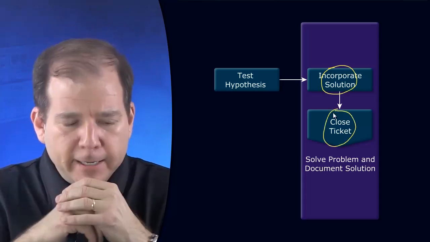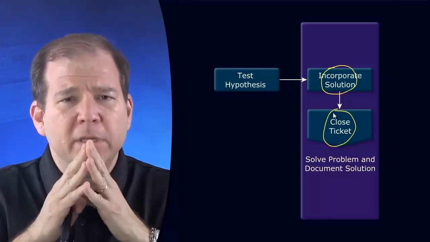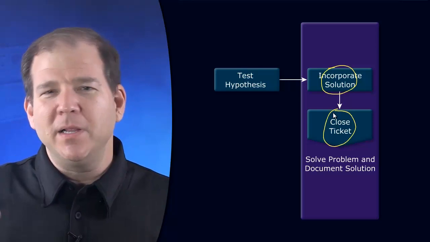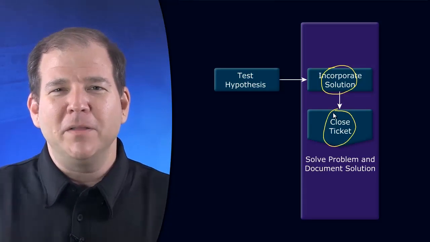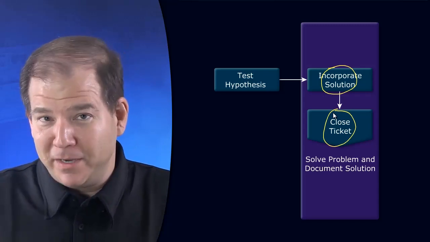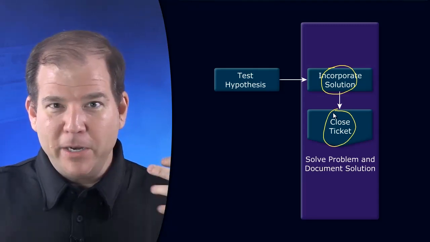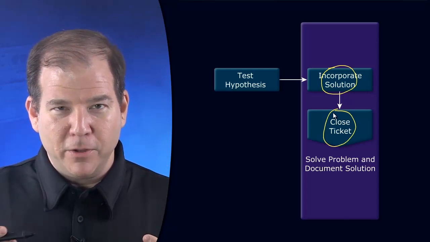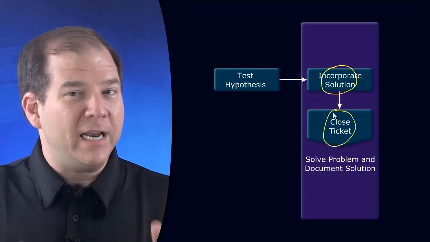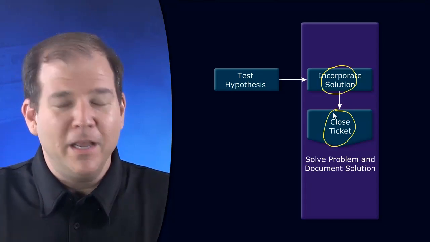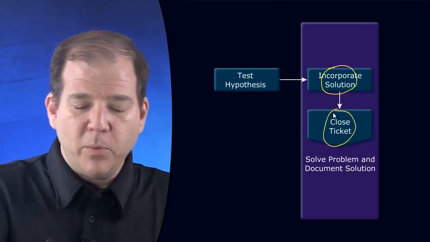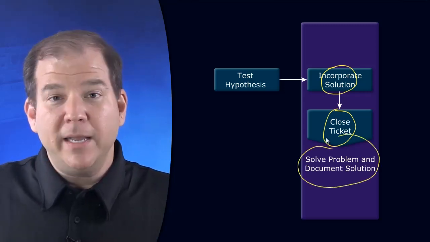Now, when you close the ticket, here's a lesson that I learned when I used to be a network manager at a local university. Here's a lesson that I tried to drill into the heads of the network engineers that worked with me. A problem is not fixed until the user believes it's fixed. You see, they may be doing something a little bit differently than you are. They might be looking at something differently. Just because an issue is resolved to your satisfaction, that does not mean you can close the ticket. You need to get their buy-in. You need to get their approval to close the ticket. And then we want to document whatever it is we did.